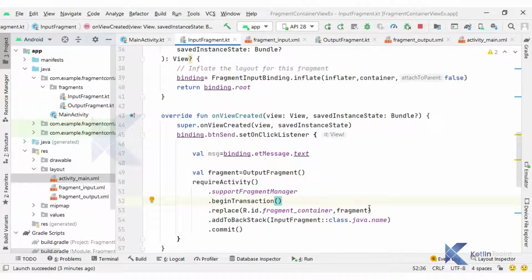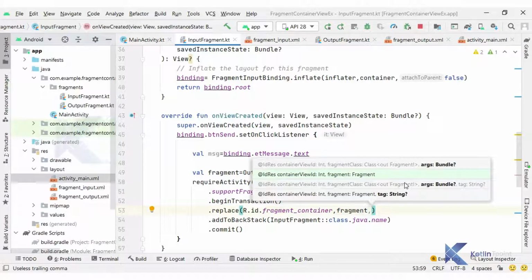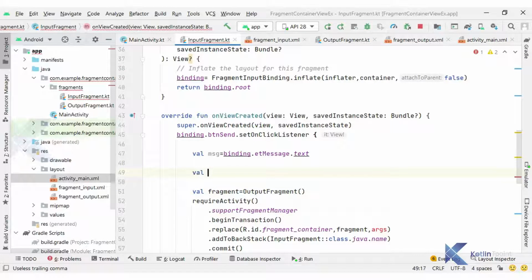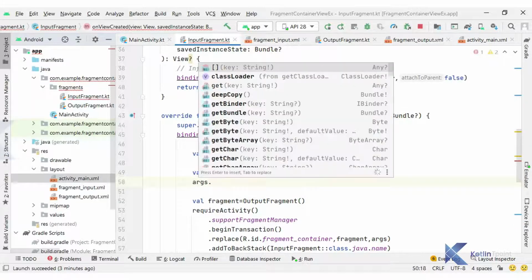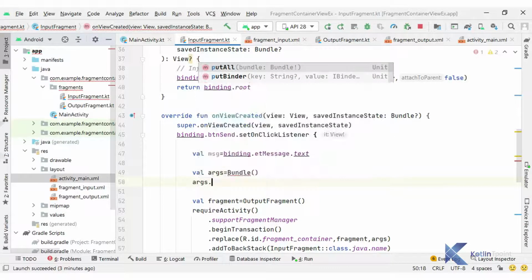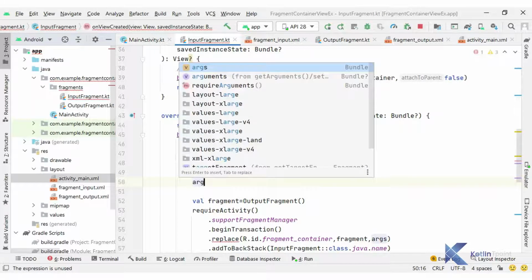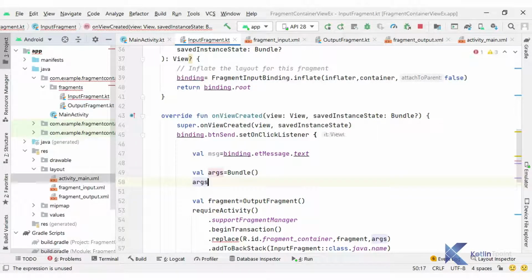So you can see whenever we have the replace method, there is one more parameter, that is the bundle args. So I am going to create a bundle args object here. args = Bundle(), and inside this bundle instance we can put our message. So here you can see args and key, that is message = message.